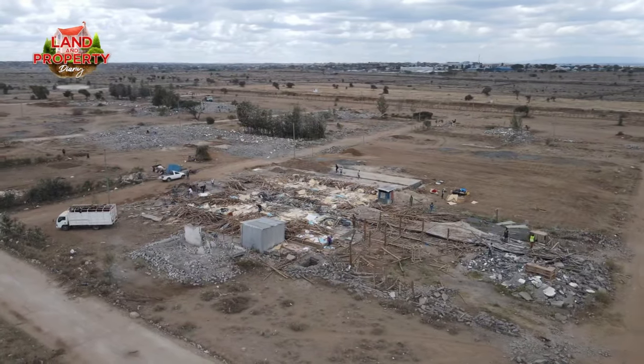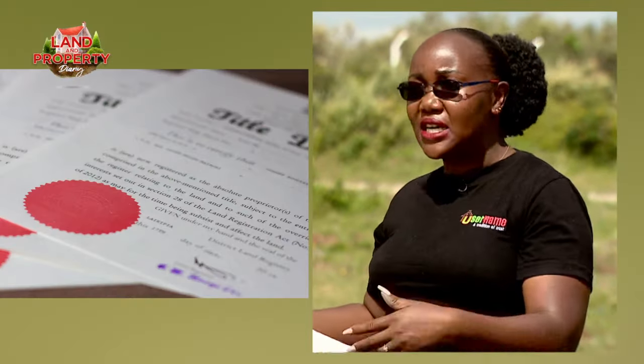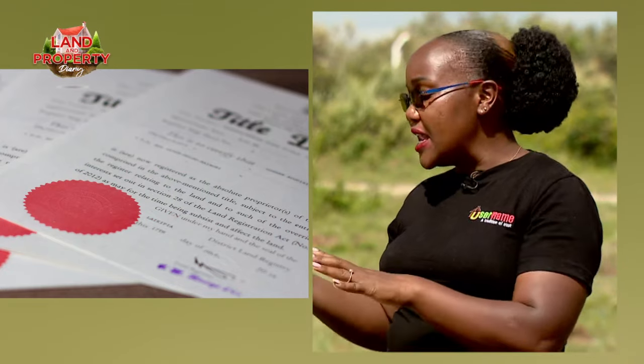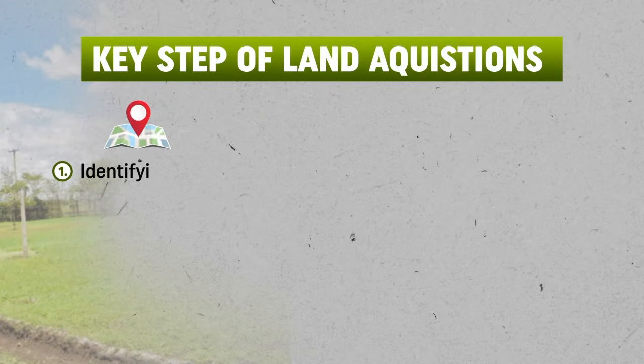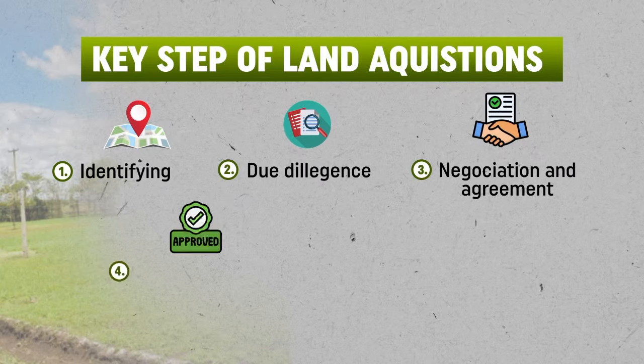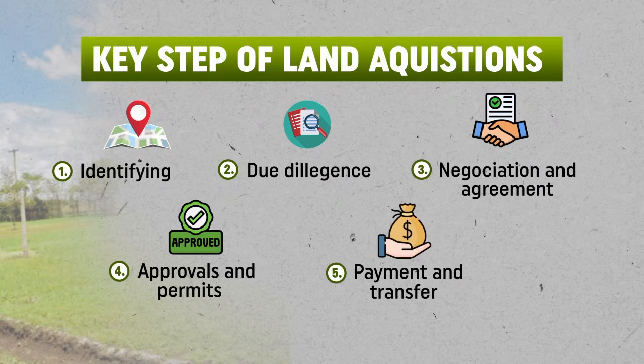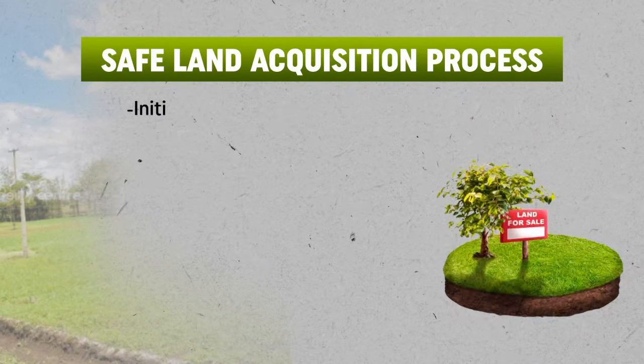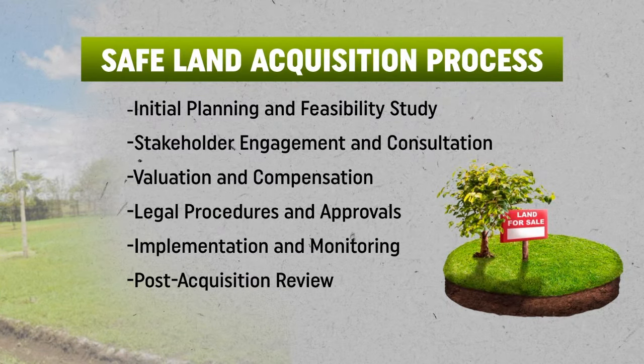and transparent approach. Today on the show, we want to take a look at the key steps of the land acquisition process, which includes identifying, due diligence, negotiation and agreement, approvals and permits, payment and transfer. In recap, here are some steps in the safe land acquisition process. Initial planning and feasibility study, stakeholder engagement and consultation, value and compensation, legal procedures and approvals, implementation and monitoring, post-acquisition